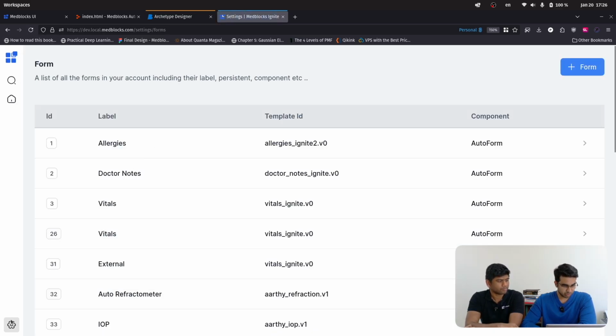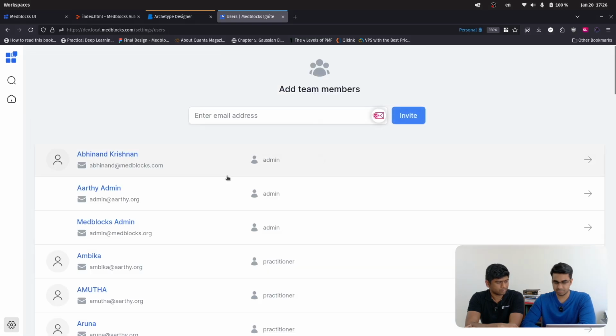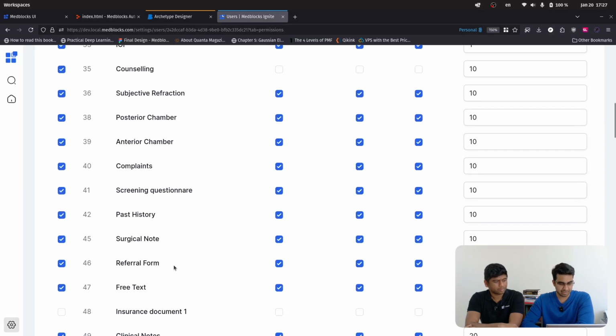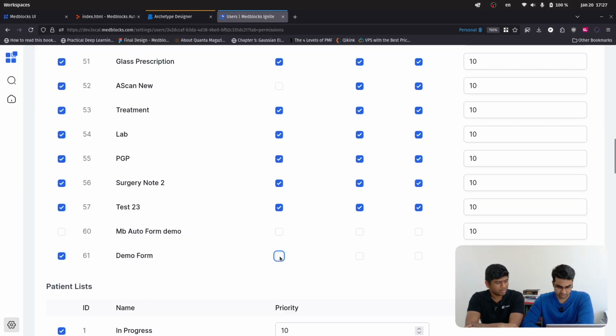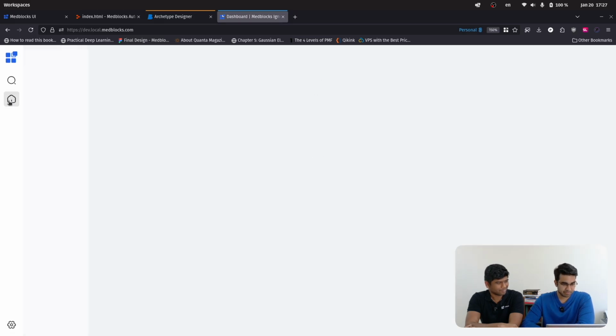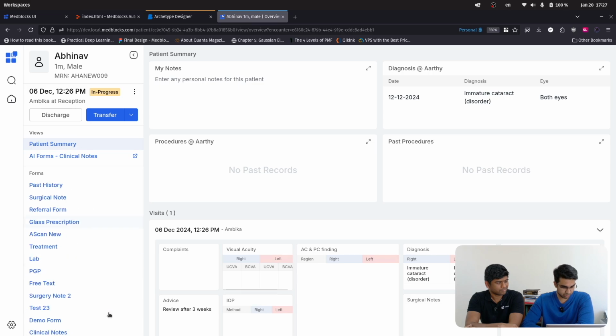Yeah. So what I also have to do after creating a form is I have to assign myself the permission to be able to read, create, delete, all of that, right? So I'm going to go ahead and do that. Yes, the boring stuff. Okay. So now that that's done, let me just go into a patient. I should be able to,